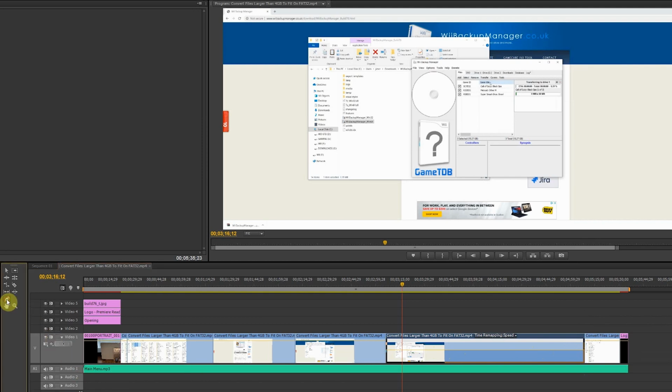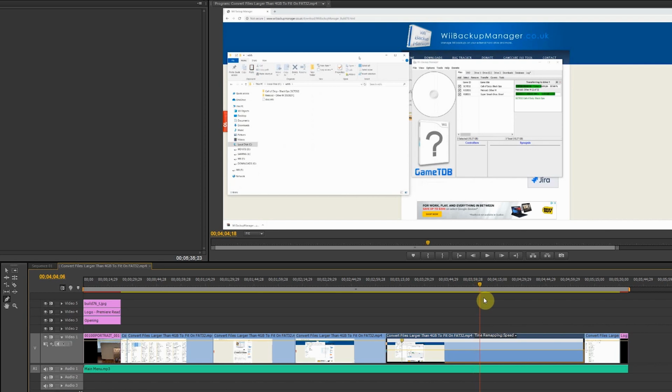So I'm going to click on this pen tool here, and where the plus sign pops up, I'm just going to click. It's going to add a marker. This is where I want to start the process, and I'm going to slide this over all the way to the end on where I want to end this process. So keep sliding, and almost there. Right around here is where I want to end the process. So I'm going to stop it right here,